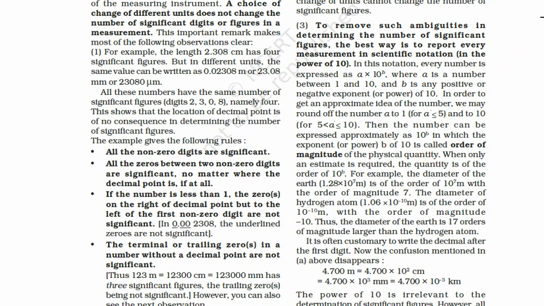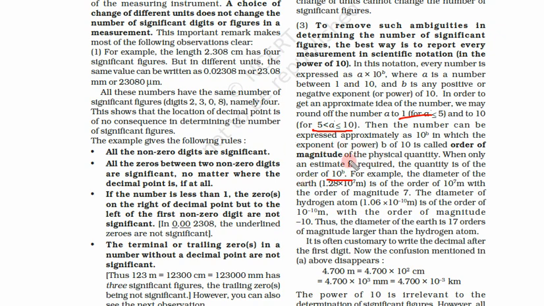So this is called order of magnitude. Minor correction here: for class 12th, it is okay to approximate less than 5 to 1, and from 5 to 10 to 10. It is good for class 11th and 12th, but it is not the true way how we get the order of magnitude. When only an estimate is required, the quantity is of order 10 to power b.